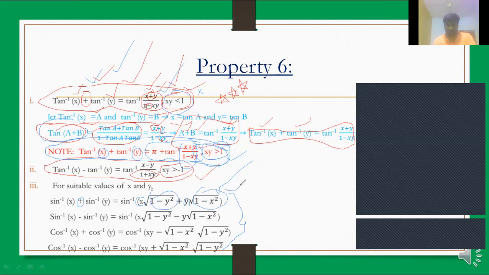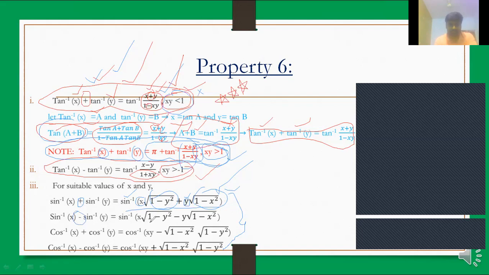Okay. So now just try to understand this formula. Sine inverse of x into root of (1 minus y square) plus y into root of (1 minus x square). Simple. You should not forget to write sine inverse of something. Every formula will start with an inverse trigonometric function. Sine inverse of x plus sine inverse of y is sine inverse of something. Similarly, tan inverse of x plus tan inverse of y is tan inverse of something. We should start with tan inverse. Here also sine inverse of x into root of (1 minus y square) plus y into root of (1 minus x square). Acha, if you have minus, what can we write?